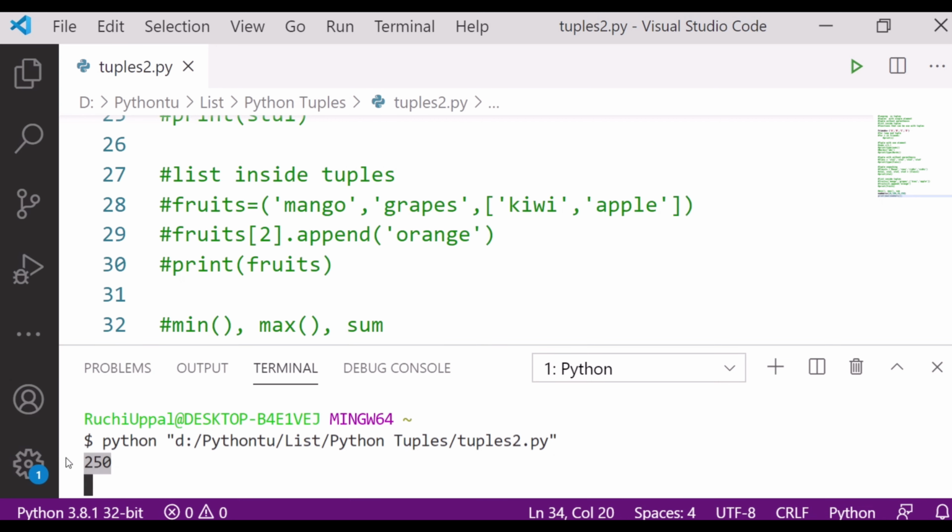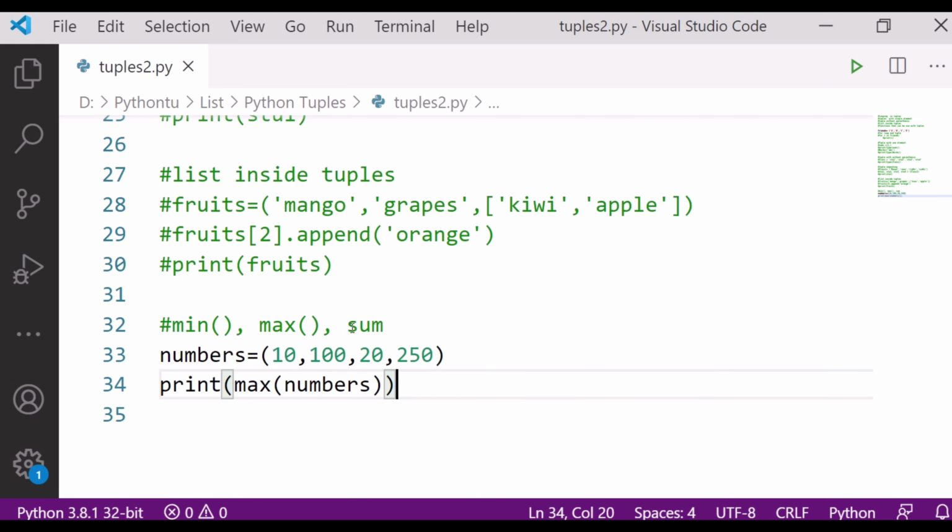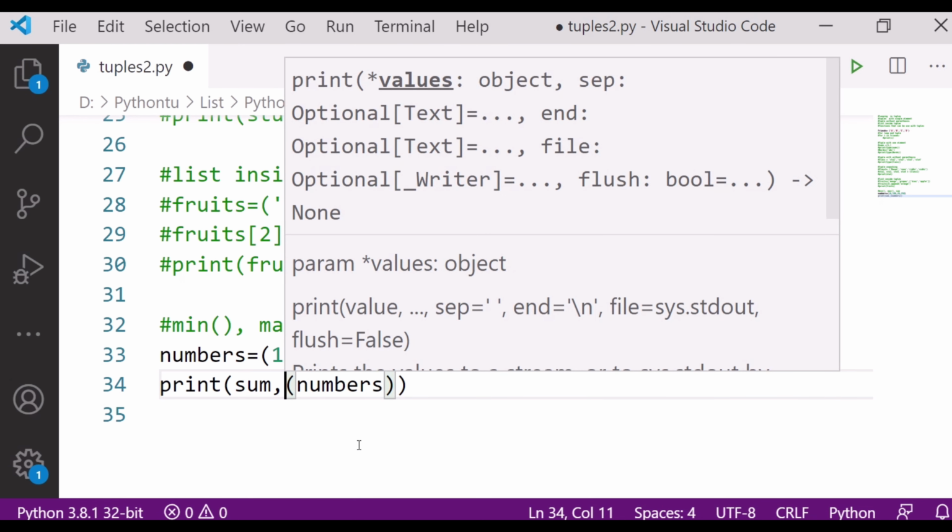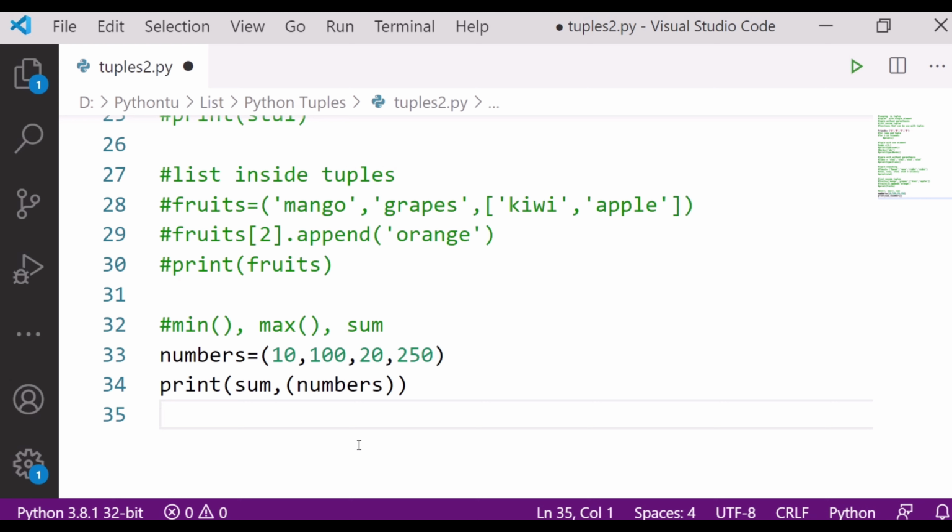If I have to sum it, I will simply write sum. What should be the sum of these numbers? It should be 380. Let's see.